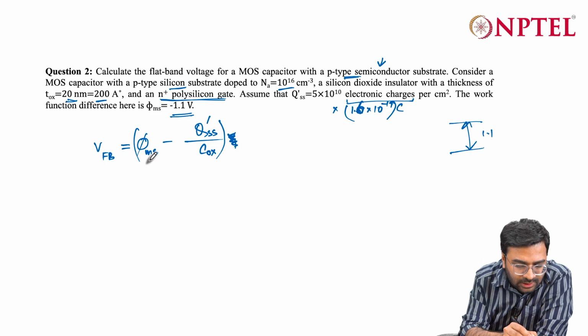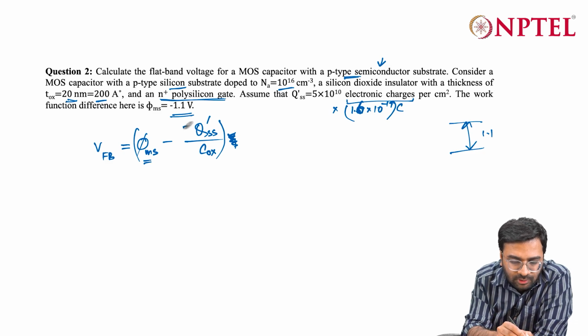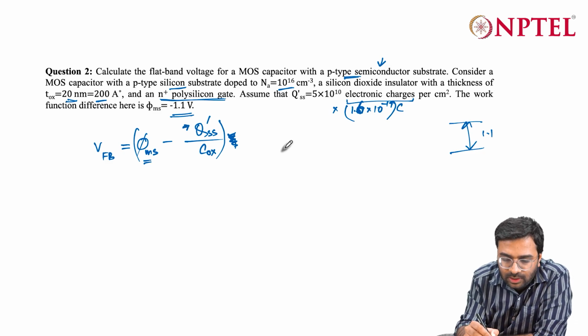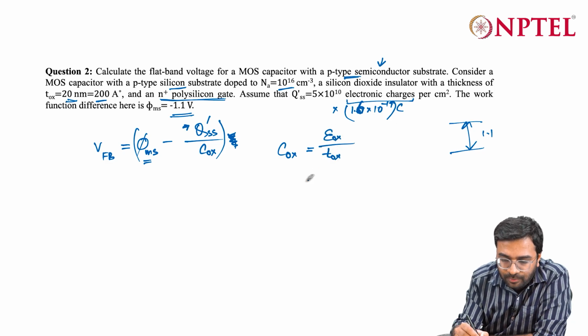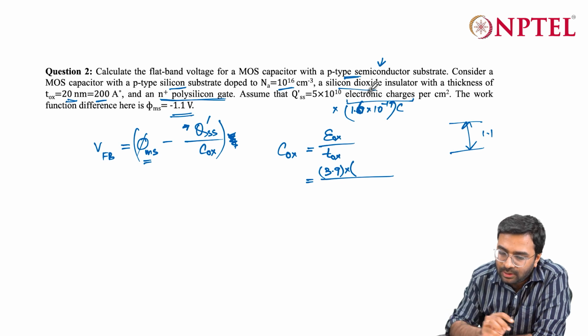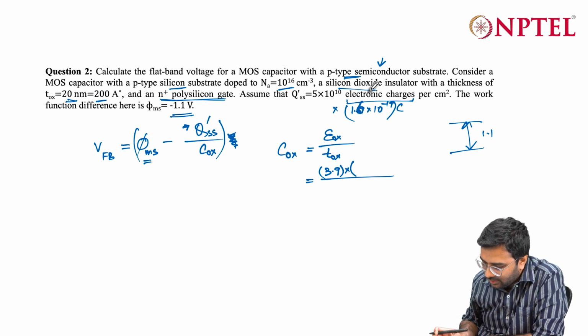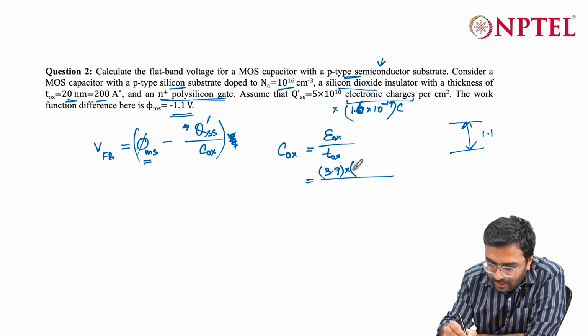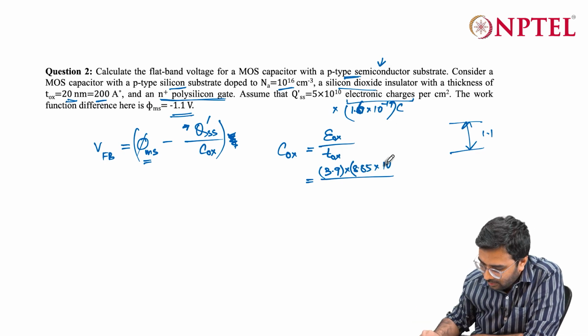For example, this value is there, this value is there, but we need to calculate COX. COX is nothing but epsilon ox divided by TOX. Epsilon ox in this case is 3.9 times epsilon naught because it is a silicon dioxide insulator. So, we can consider this as 3.9 times 8.85 into 10 to the power minus 14